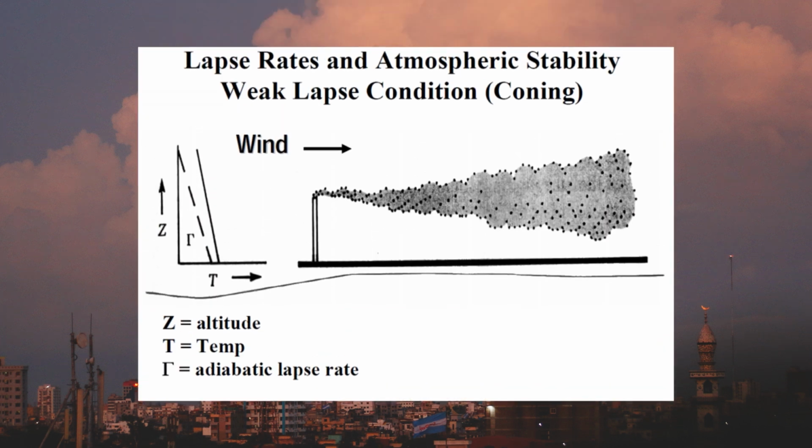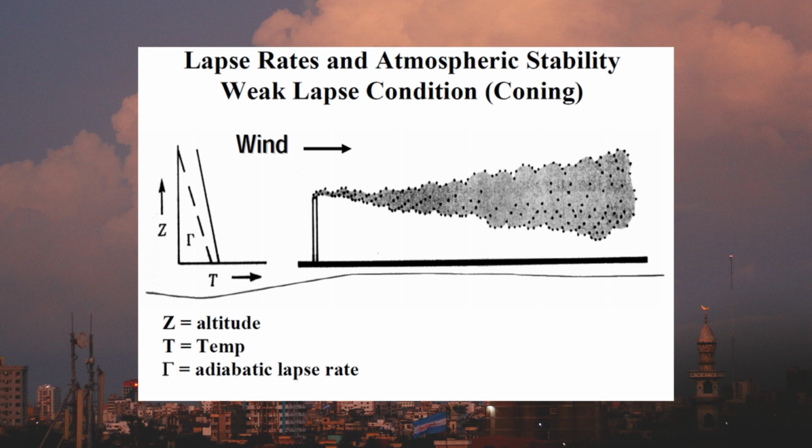And this is how the plume behaves based on the lapse rate. That is the adiabatic lapse rate and the environmental lapse rate. R is the environmental lapse. And the vertical movement of the plume is affected by the lapse rates. And there is a dry adiabatic lapse rate and wet adiabatic lapse rate. And if there is an inversion in temperature, these lapse rates are highly affected, and it determines the movement